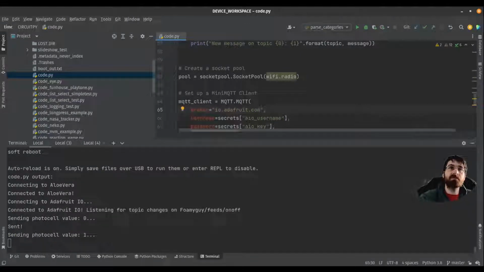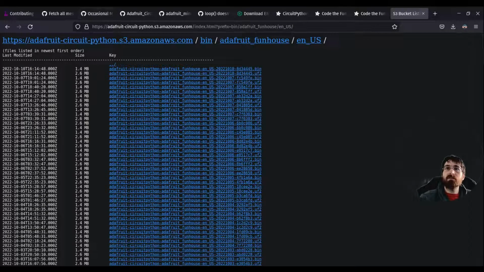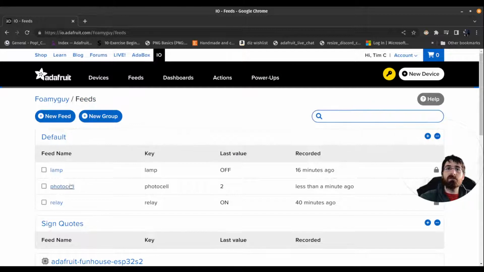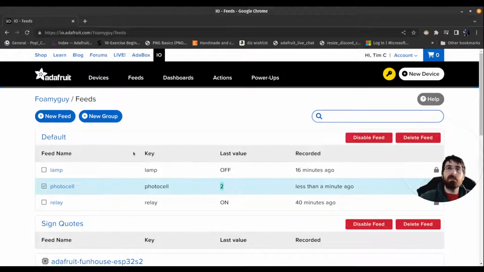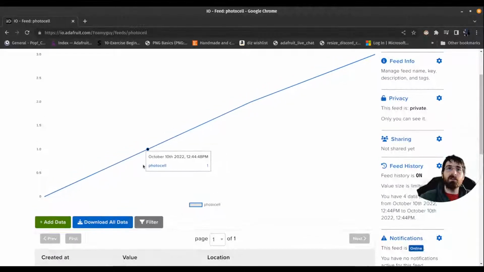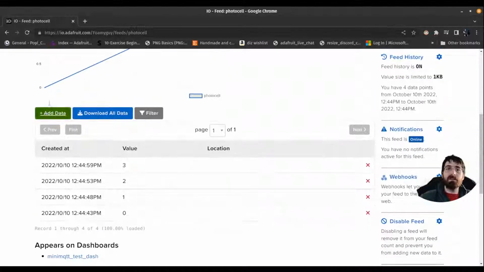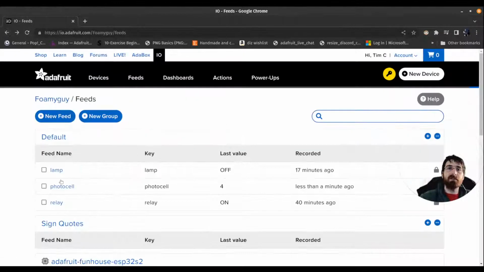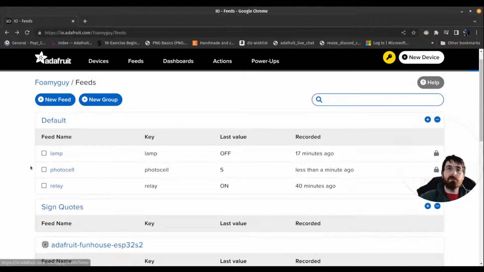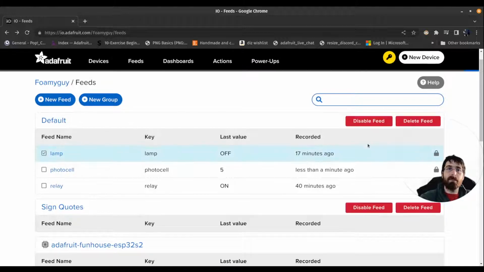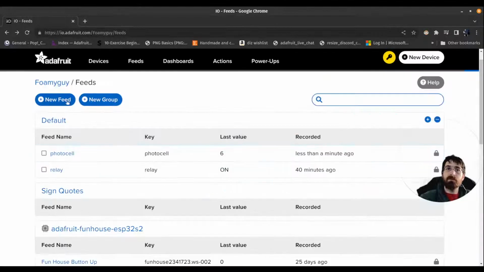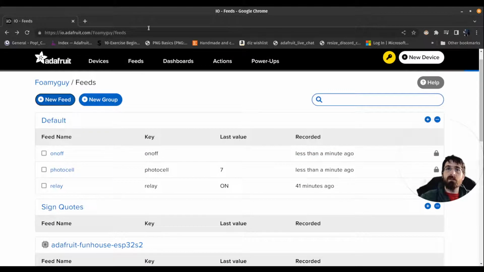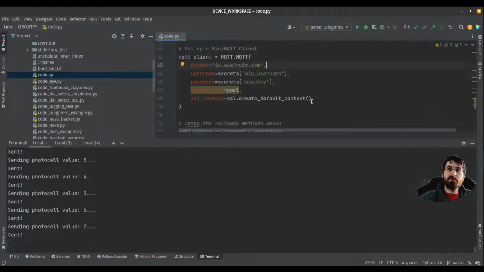Photocell on off. I think I got rid of one of those though. Photocell we still have. Looks like it's just going to keep getting an incrementing value. That does appear to be working. On off. Got rid of. I'll put it back. Oh, does on off